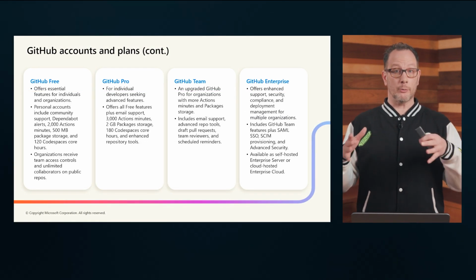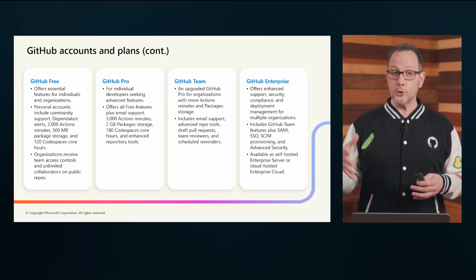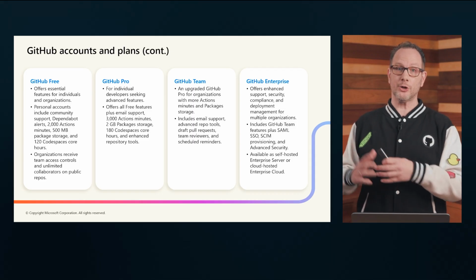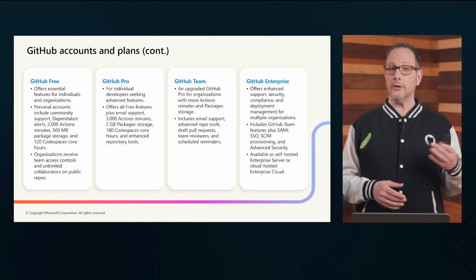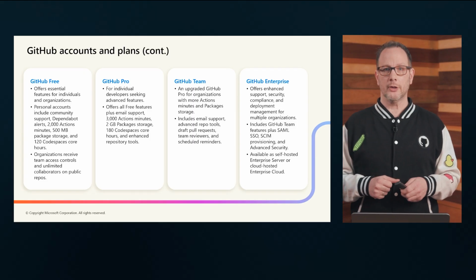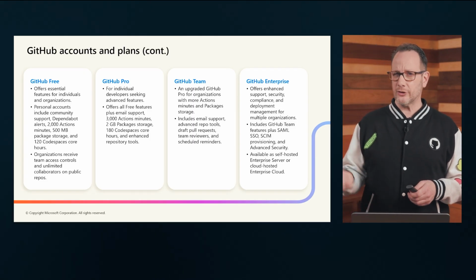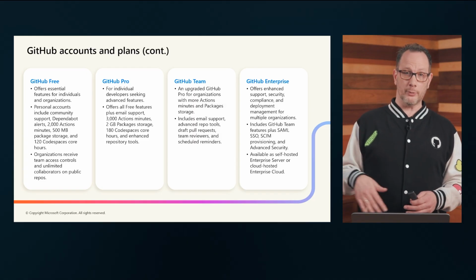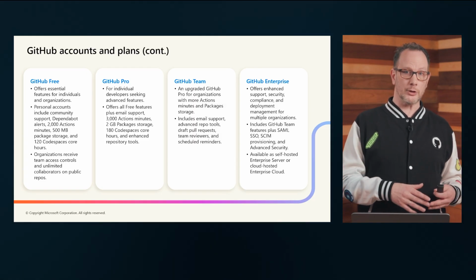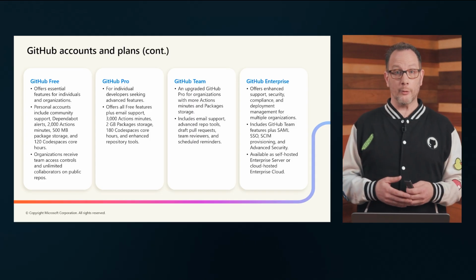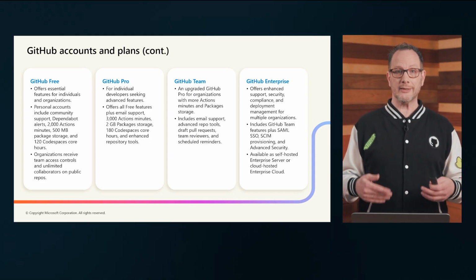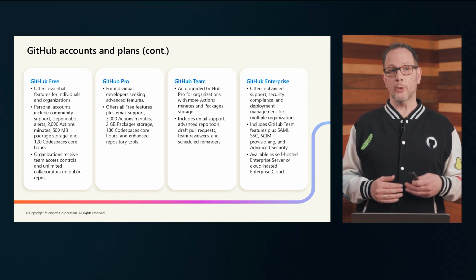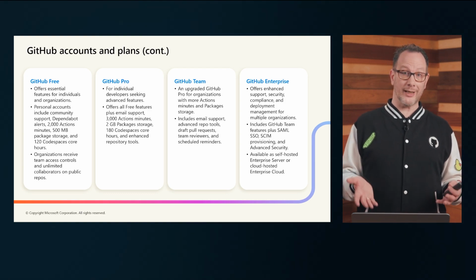GitHub offers several plan types, and choosing the right one depends on what you're building and how large your team is. For individuals or small projects, the free plan gives you all the essentials you need to start collaborating. Private and public repositories, Dependabot alerts, and a helpful amount of GitHub Actions, as well as Codespaces usage. If you're an individual developer who wants to use more advanced tools,